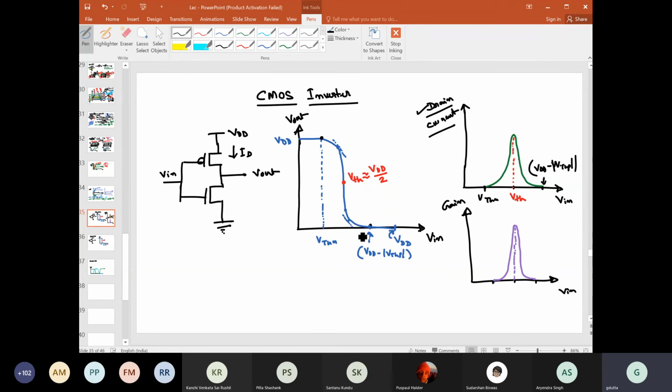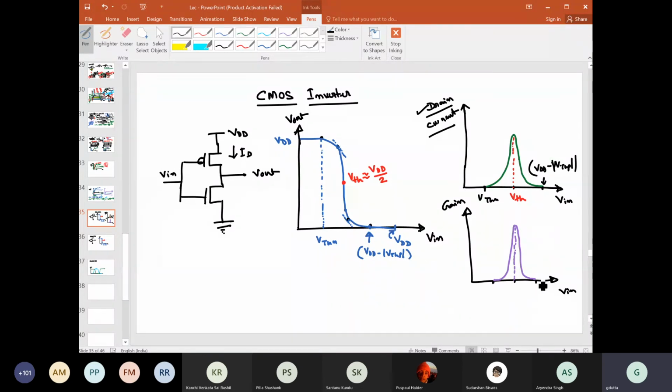One more thing you should notice from here is regarding the gain. Gain means, if you consider this VTC plot, it is basically the plot of output characteristics versus input characteristics. So if you take the slope at any point, that is basically the gain. It's basically the output by input, right? So if you calculate the gain from here, then between these points where both the transistors are in saturation, the gain is maximum. As you go from this region, the gain will reduce, here also the gain will reduce, and in this region one of the transistors is off, here one of the transistors is off, so no gain.